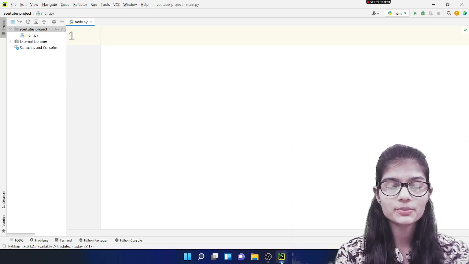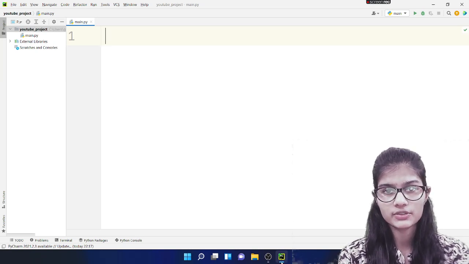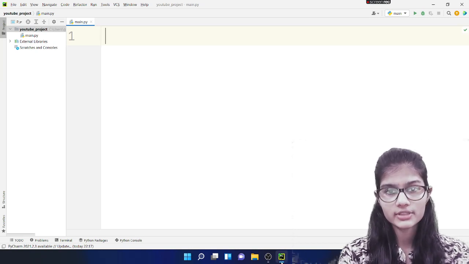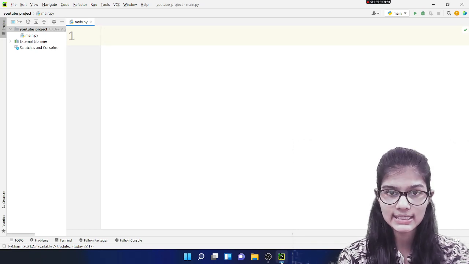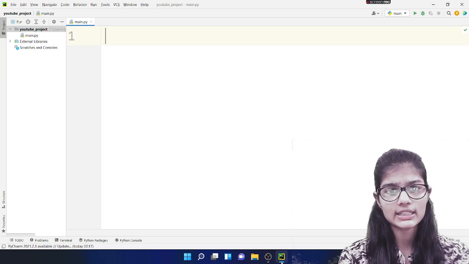So today in this Python project, we are going to make a digital clock. We'll be making a digital clock with the help of the Python programming language. From Python today, I'm going to take two relevant libraries with the help of which I'll be making this digital clock. The very first one is the tkinter library, which we have in Python, and the second one, I would say, is a module, and that is the time module.